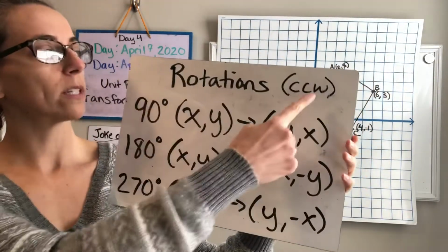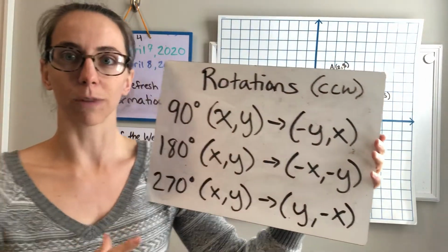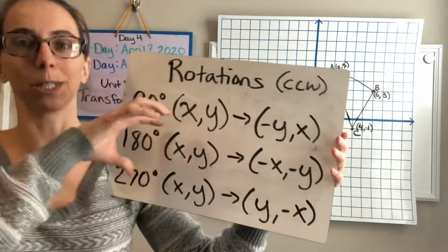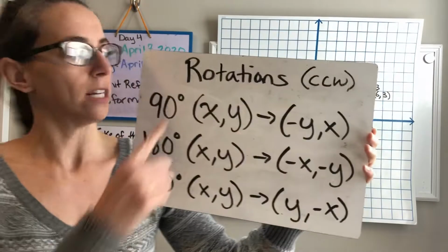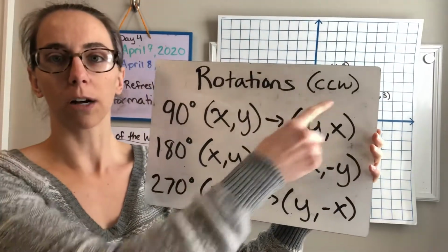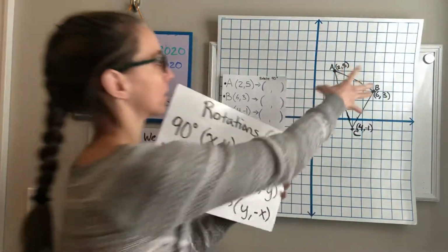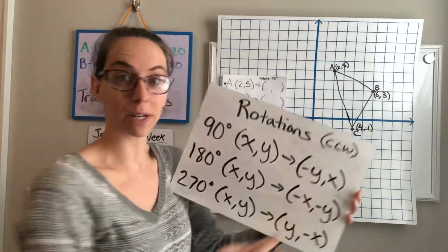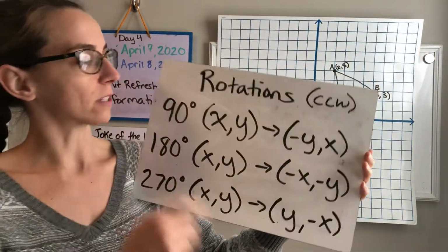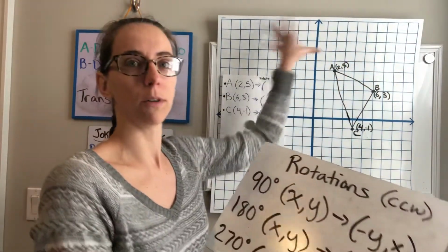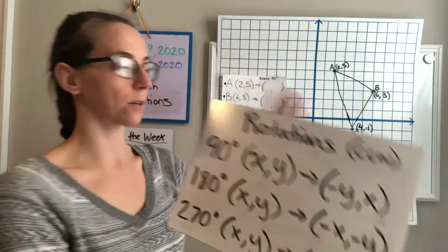So remember, we're always talking about counterclockwise, right? If we want to look at clockwise, we can reverse the order of these, but don't worry about that. So if we are rotating counterclockwise, meaning the opposite way of the clock rotating, starting here, we're looking this way, kind of how we count the quadrants. And we are starting in quadrant 1, we should end up moving one quadrant over for 90 degrees, which is